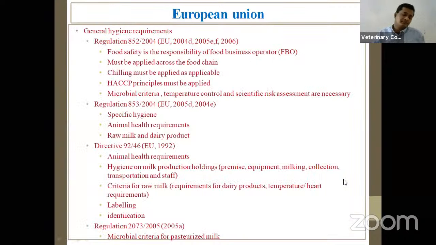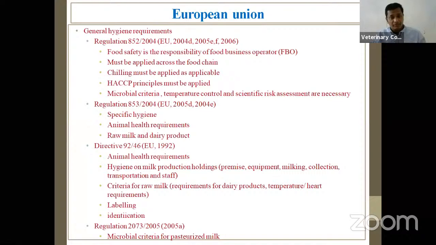So likewise, in India, the Food Safety and Standards Authority and the Food Safety and Standards Act 2006, operational in India since 2011, have given all these specifications, and any food product, or the milk or milk product that we discussed, has to meet these requirements. Otherwise, there is a penalty or punishment depending on the type of damage the milk product caused to the public or consumers. Likewise, in other countries also.